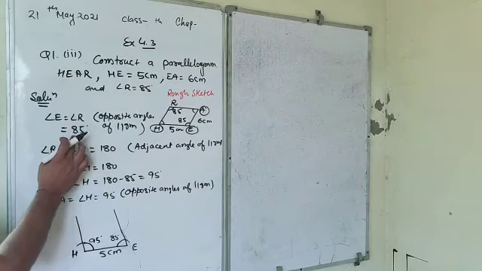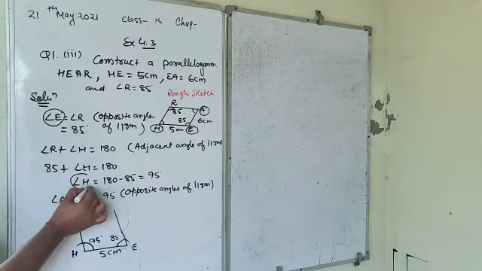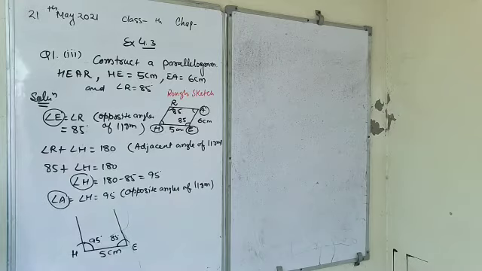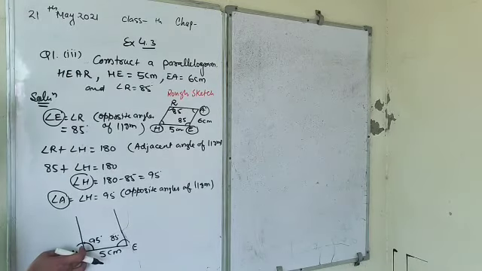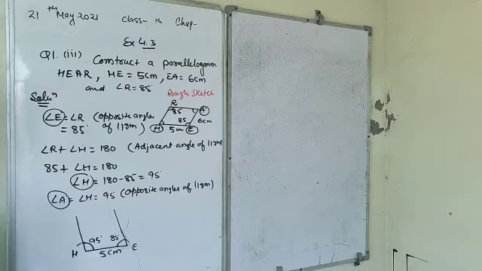At E we will make an angle of 85. E, H and then A. We will make an angle of 95 at H along HX, and we will make an angle of 85 at